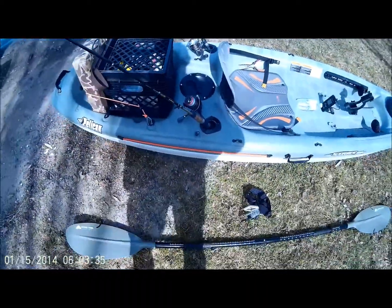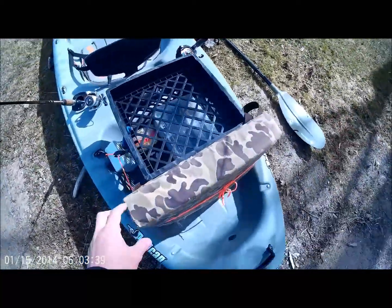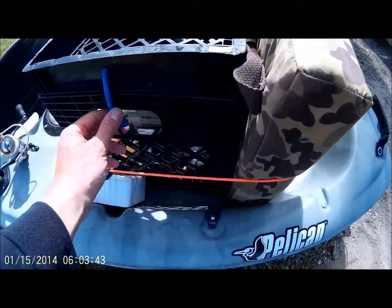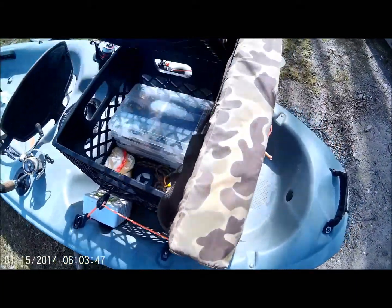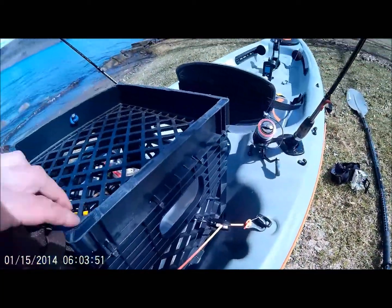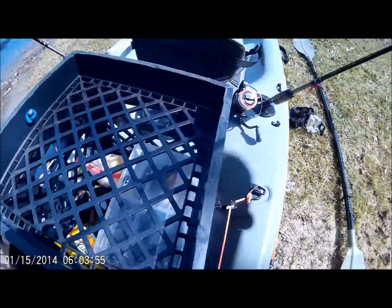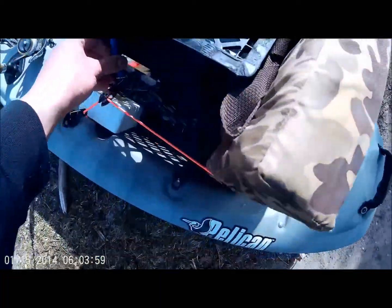Onto the back. Last night I actually made this crate. Took 2 milk crates, cut the bottom off of one, the top off of one, sorry. Hinged it with some zip ties around here, and I'll do another video on how I made that. Basically all your fishing gear, everything in here locks down,